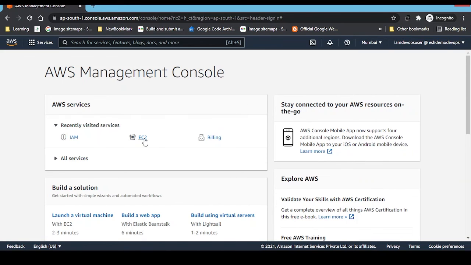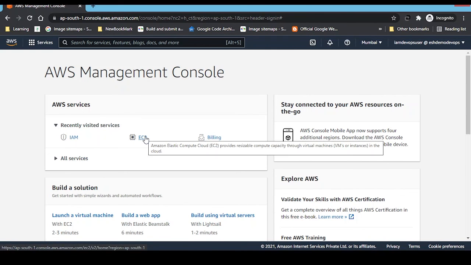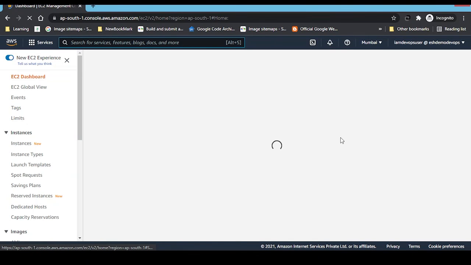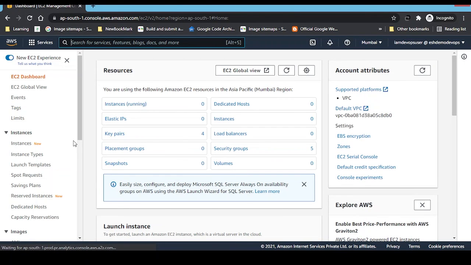If I click on EC2 instances, right now I have the key pair and those things, but I have not created any instance.